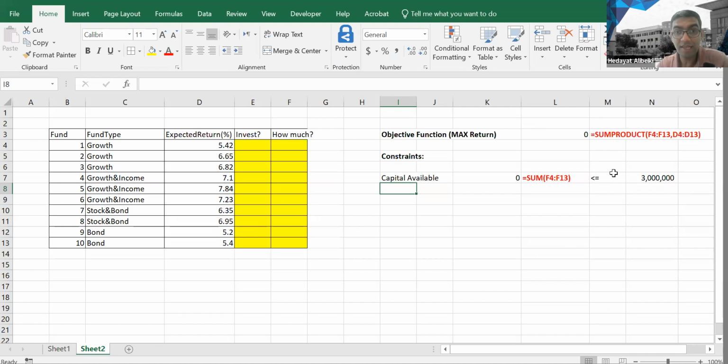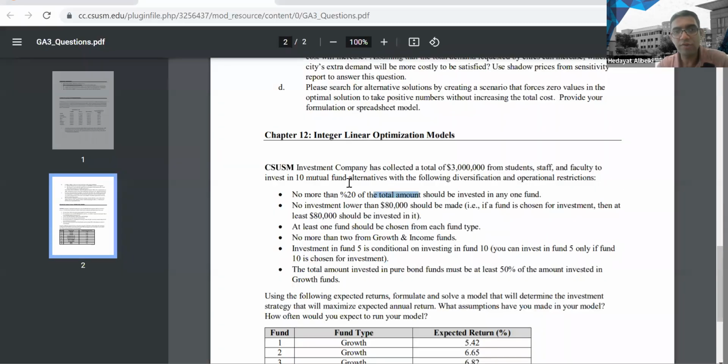And the reason I'm saying that is because we didn't put equality here. You can actually, if you want. And since this is a maximization of return, it's going to make sure to use up the money that you have. Sorry, less than or equal. But yeah, that's another thing you can do. Or you can just simply use 20% of the 3 million, assuming that this is your limit here. No more than 600,000